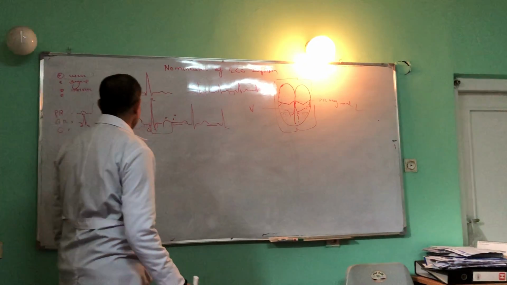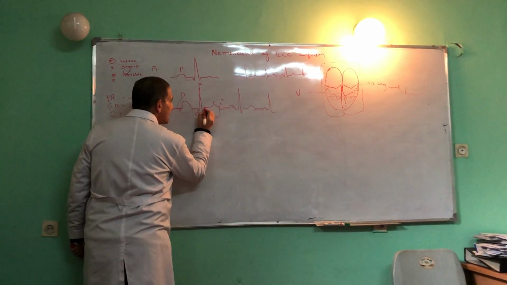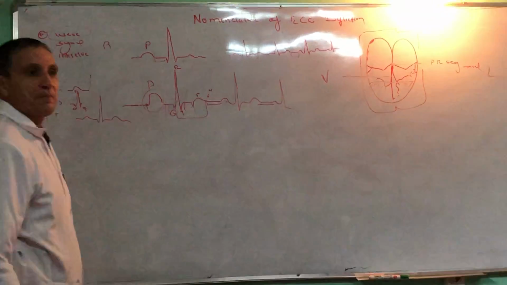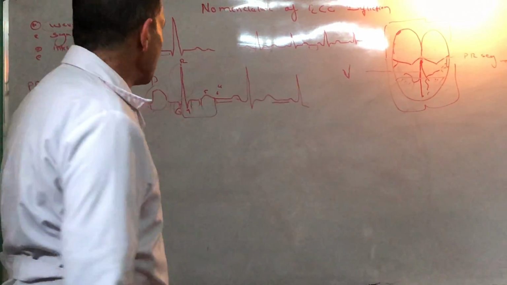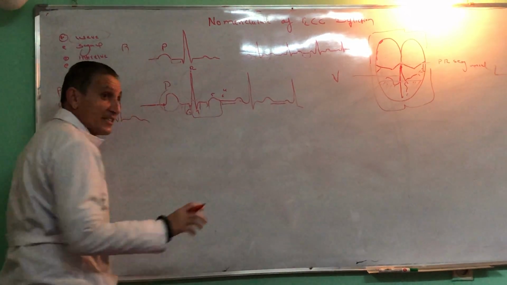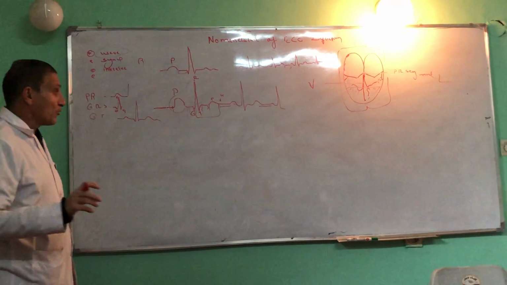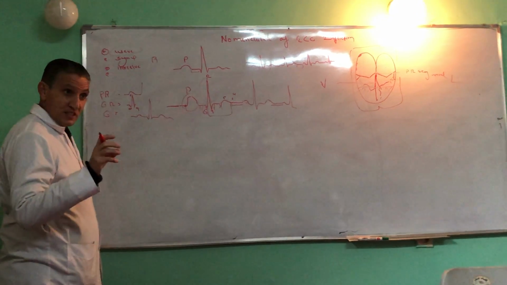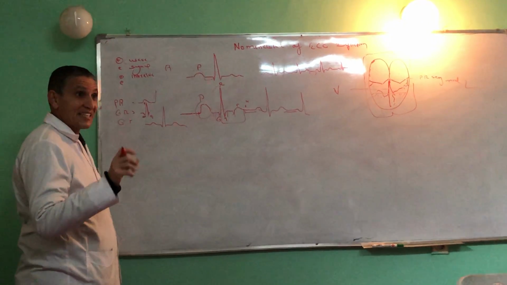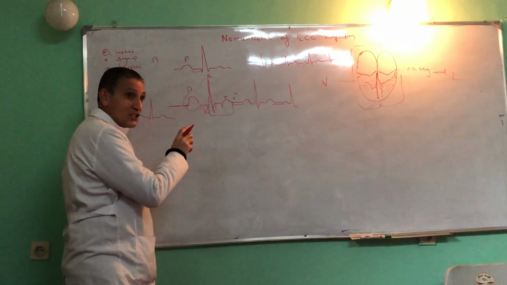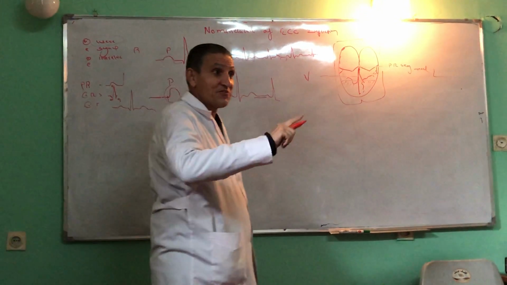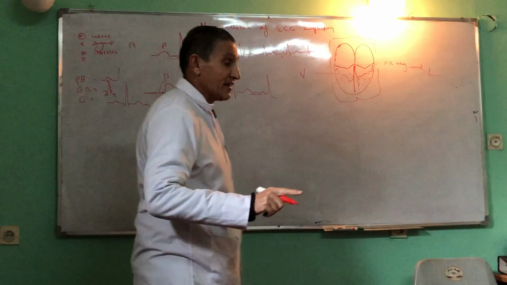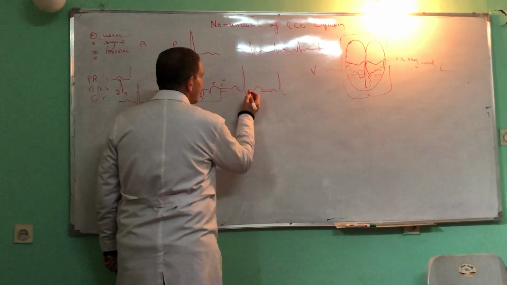Another of the segments, right now we have the ST segment. What does the ST segment represent? The ST segment represents complete ventricular depolarization. During this time, when the ventricle is depolarized and contracted, the needle of the ECG does not fluctuate to any side. So they produce the ST segment.